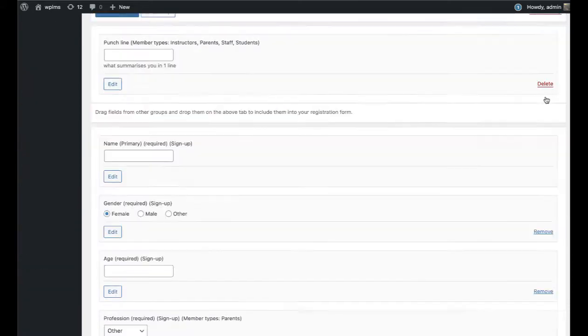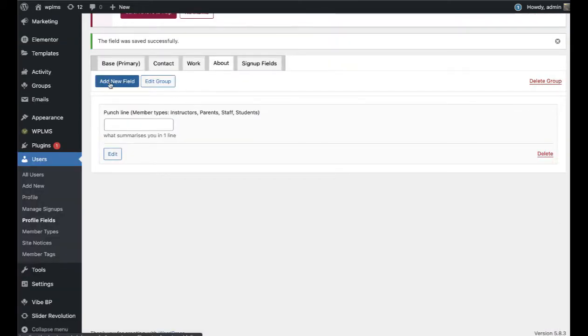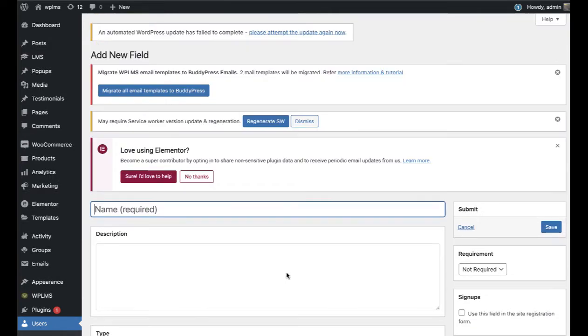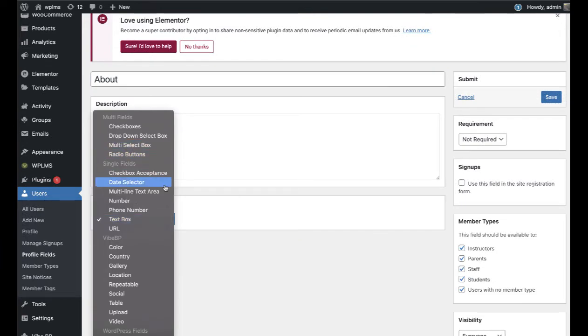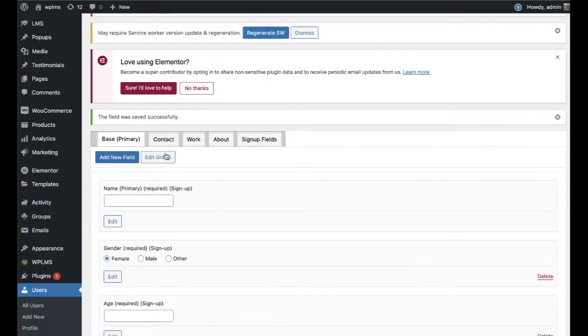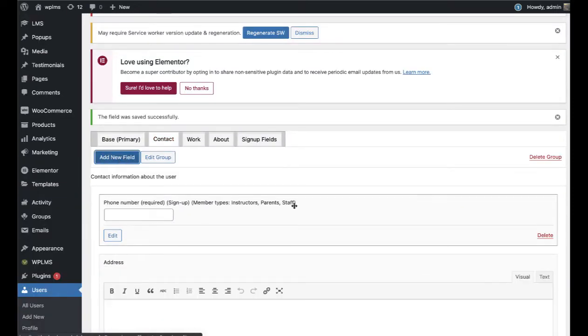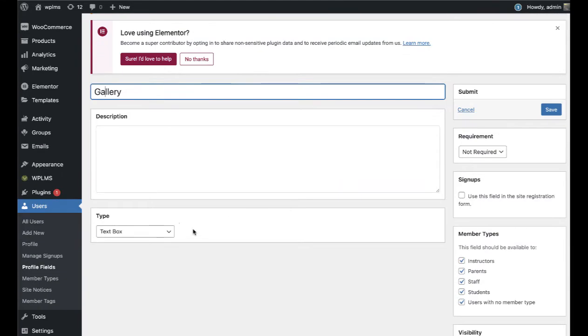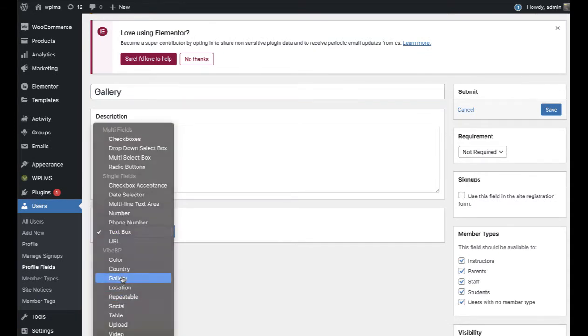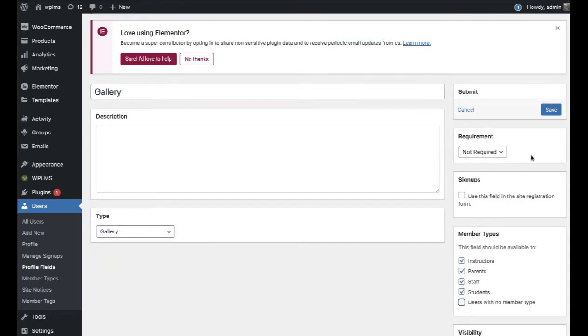So all these fields, they will help us in designing the profile layouts in a better way. About, and this can be a multi-line text area. And in contact you can also add a gallery wherein users are able to upload their images. So for that we have the gallery profile field, and users can upload their images and